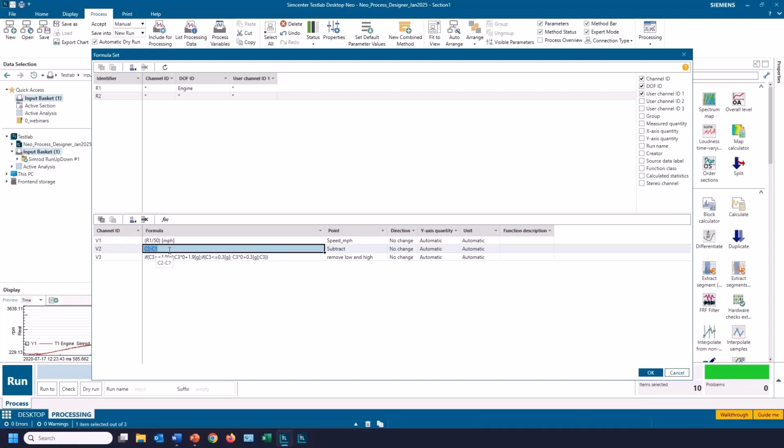That's not too interesting. Here, this is kind of a neat formula. Here I'm going to do an if-then statement. If channel 3 is greater than 1.9 G, I'm going to multiply it times 0 and add 1.9 G. So that's going to replace any values above 1.9 G with 1.9. If it's less than 0.3, it's going to multiply it by 0 and add 0.3. So anything below 0.3 Gs, it's going to flatten it out and call it 0.3 Gs. And then anything else, it would be the values of channel 3. So there we can use this if-then statement to get rid of all the values above a number.